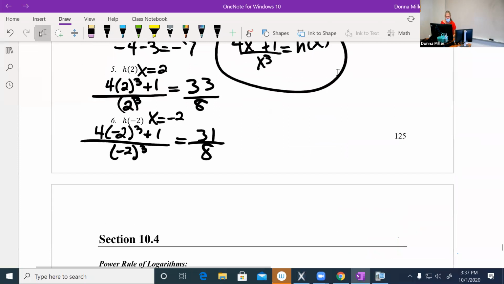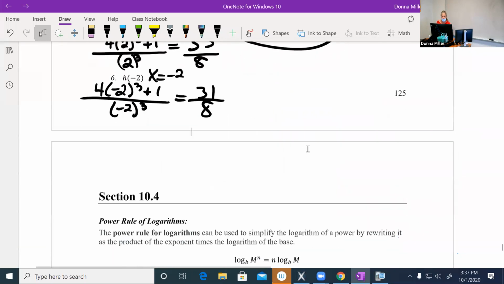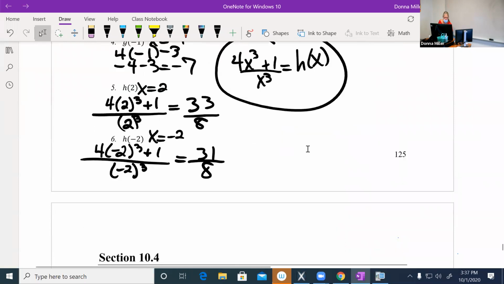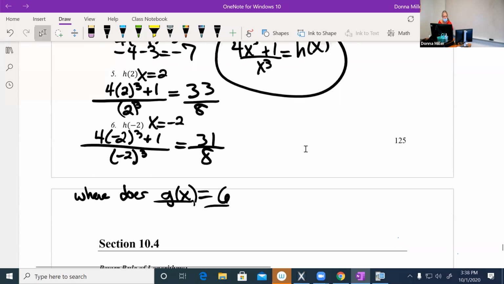Now, before I jump onto new stuff, I want to make sure, because you're going to see this in 1325, and I don't know why they didn't put it here. They can ask you a question like this: where does g of x equal 6? Now, that is not telling you to plug in 6, right? g of x is 6. So what you're doing